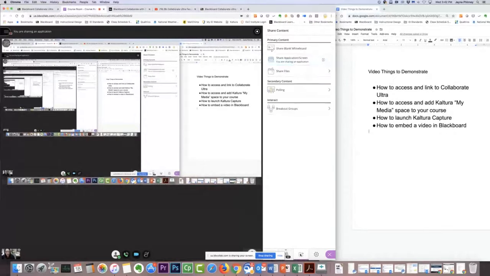And then, yep, so you can do the polling and the breakout groups as well. So that hopefully gives you a little bit of a view of what is possible within Collaborate. The other menu,